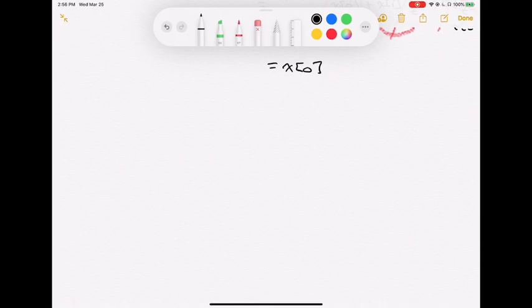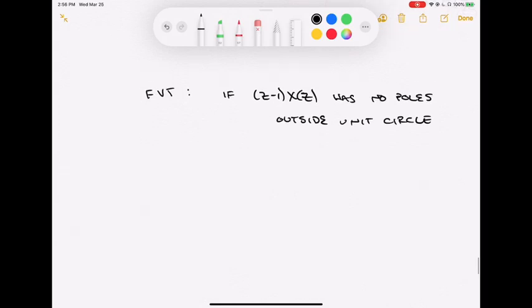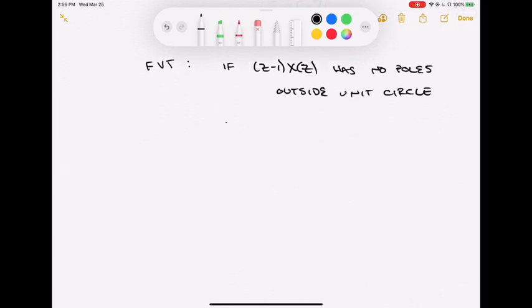The final value theorem has some conditions, much like the initial value and final value theorems of Laplace. It looks something like this. If we have z minus 1 as the condition, x of z has no poles outside the unit circle. Don't have to worry too much about this and where it came from at this point. Let's just take it as the condition necessary. We're not proving this final value theorem as such. Then what? Well, then the final value theorem,